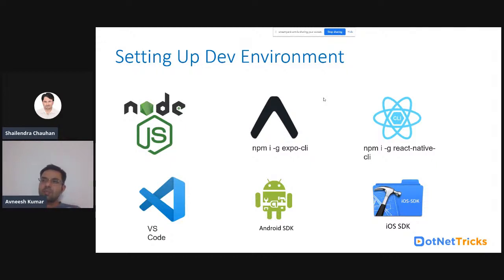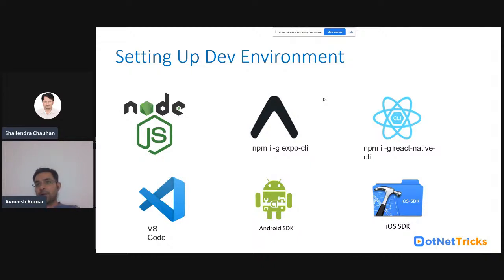So what are those things? A CLI is something that supports your development, right? Let's say I need some prerequisites to develop a project, like package.json, a gitignore, and configuration that should already be in your project when you init it. So everything should always be already configured for you. You just need to code, and that's it. So there are two things you can do. You can use Expo CLI or React Native CLI for React Native development.